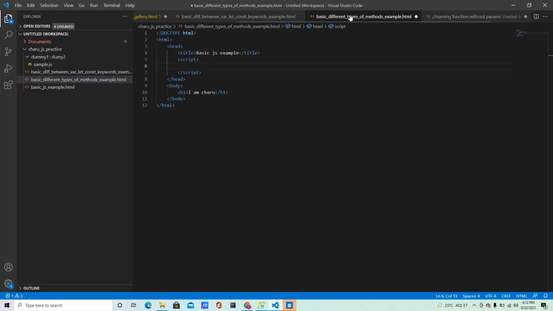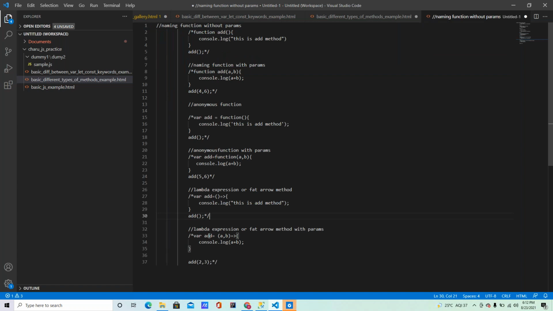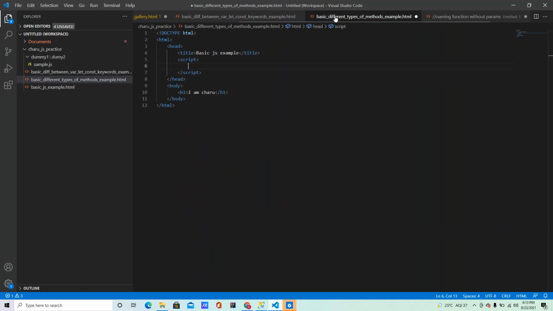But one of the advantages is that we can export this entire function like a single variable. From here to here, we can export this entire function with this variable, and wherever I want, I can import it. That is also one of the advantages. Understanding it, everybody? So this entire function we can export like a single variable, and wherever I want I can utilize that variable also. Wherever I want I can import it.